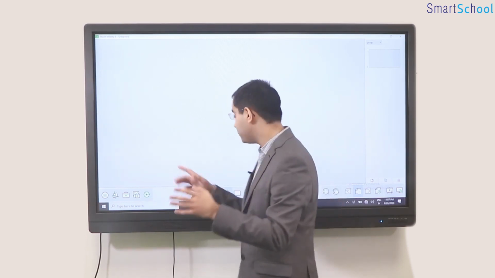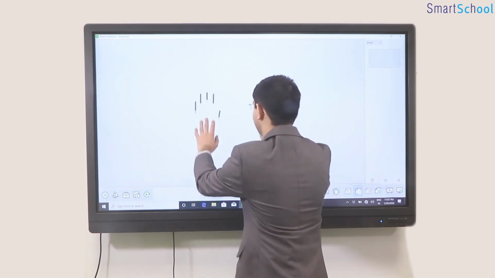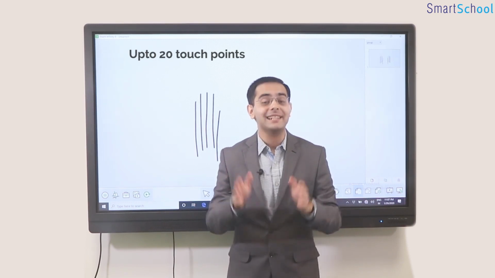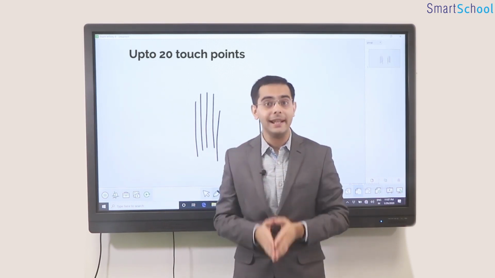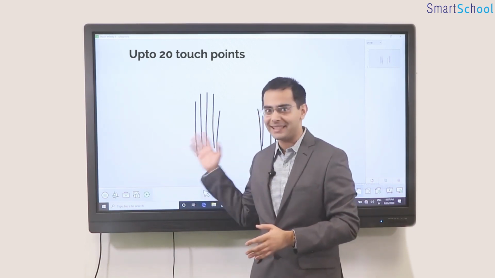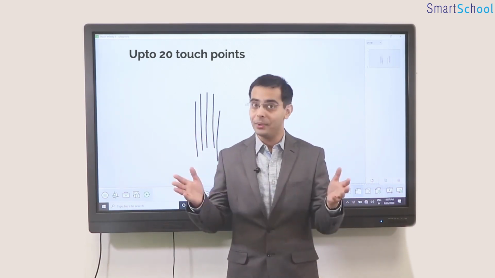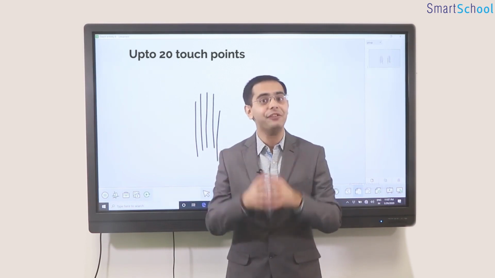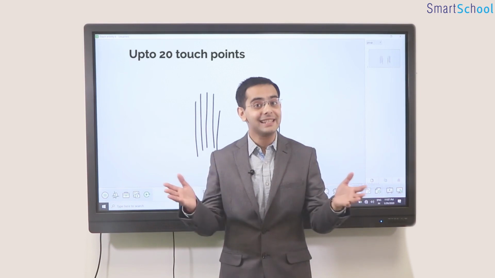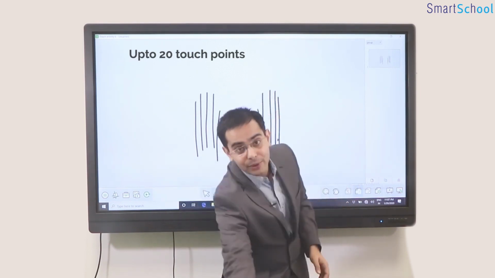Yes, that's right, with up to 20 touch points. There you see. Now what that means is that it allows for up to 20 pens to be used simultaneously to craft your creativity onto this display. Overall, it offers a hassle-free multi-touch display and a collaborative experience that lets the students interact using a